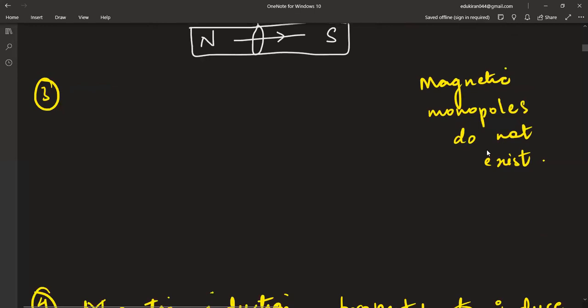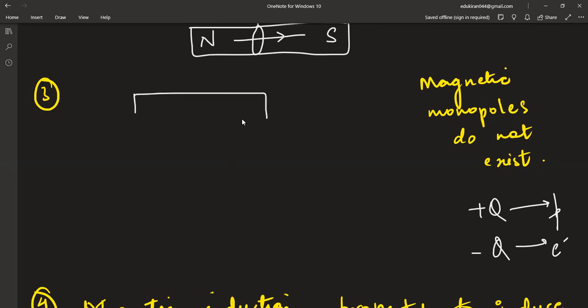Third point, magnetic monopoles do not exist. See, we talked about plus Q, which was existing like the proton. Protons do exist independently. We talked about minus Q, negative charges, electrons, which are existing independently. You never see a set of electron and proton always existing, or depending upon any other elementary particle for their existence, right? So here magnetic monopoles do not exist, means it's not possible that you have taken a